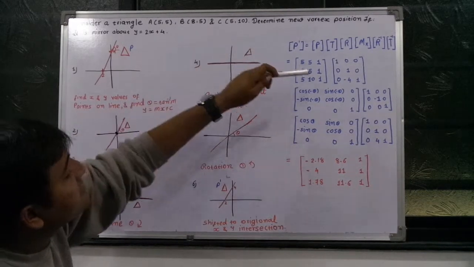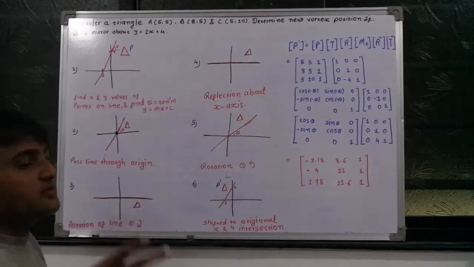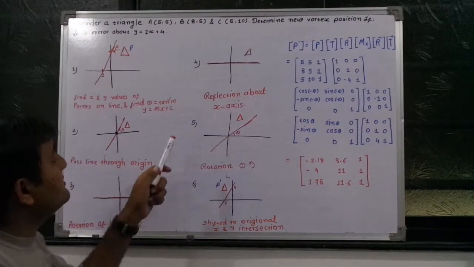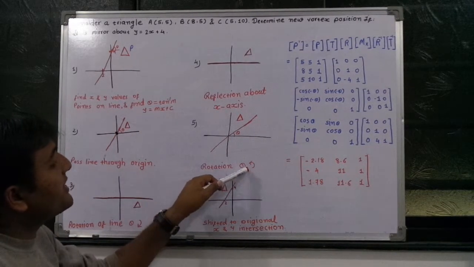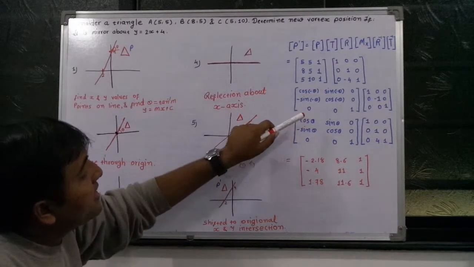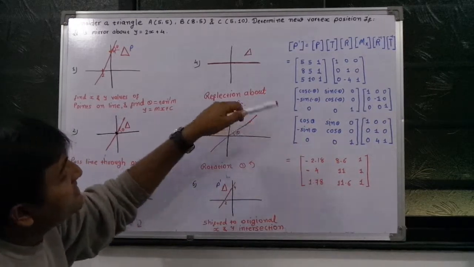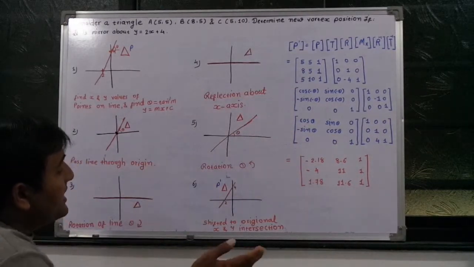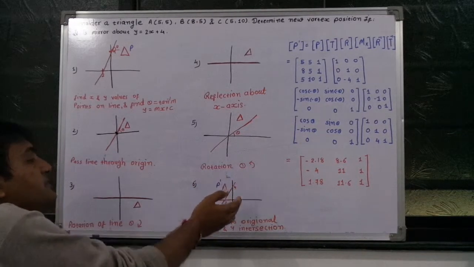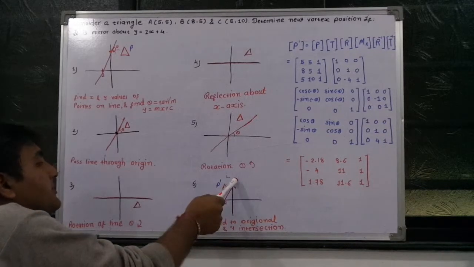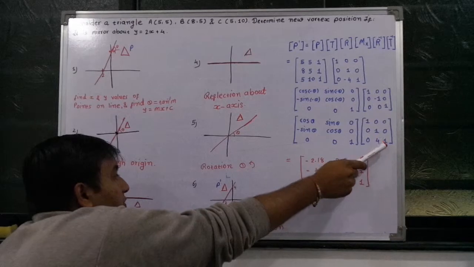The mirror about x-axis matrix is given by 1, 0, 0, 0, minus 1, 0, 0, 0, 1. This is already defined previously. Then the fifth one is theta in the anti-clockwise direction, which is taken as positive: cos theta, sin theta, 0, minus sin theta, cos theta, 0, 0, 0, 1. This is the rotation matrix. And the last one is the inverse translation from 0 to 4, meaning a positive 4 unit translation in the y direction. That's why the ty value will be 4.